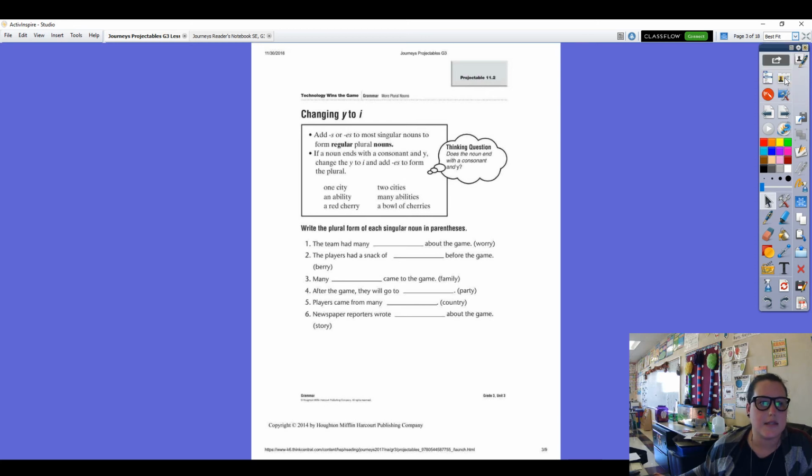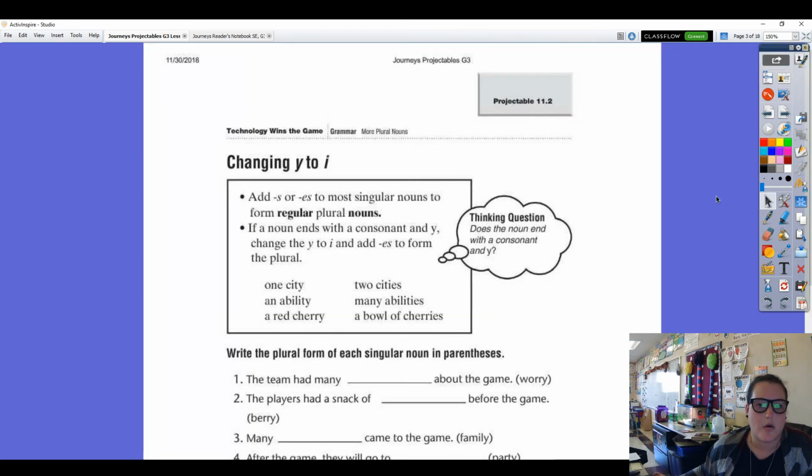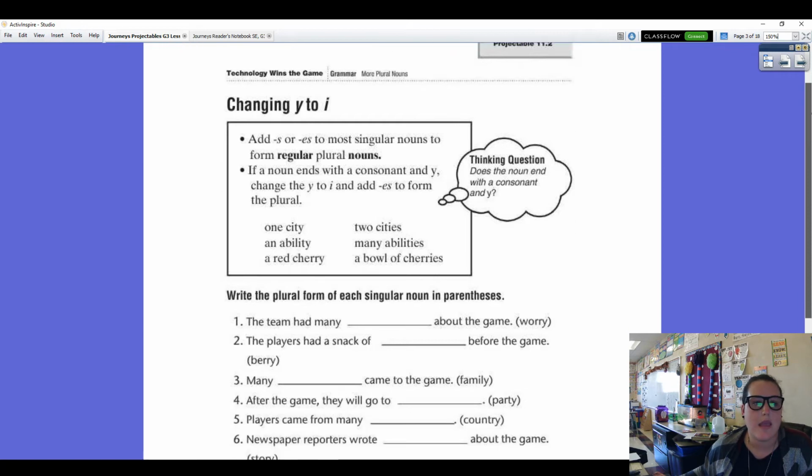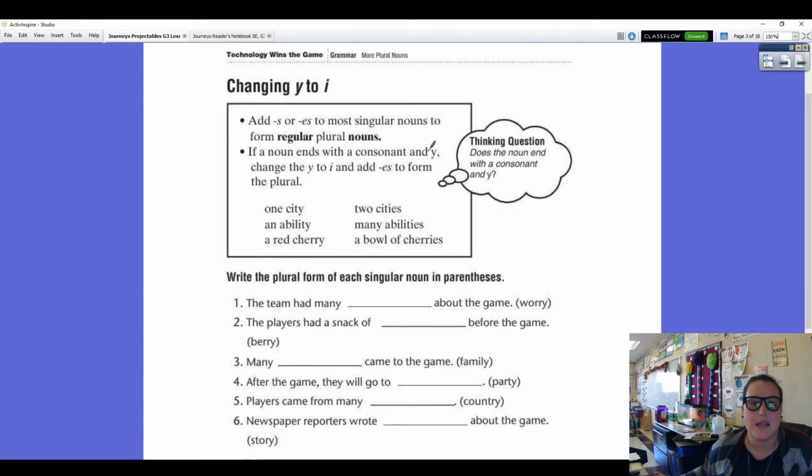All right, today our grammar lesson is focusing on changing Y to I. So you add S or ES to most singular nouns to form regular plural nouns. Remember that plural means more than one, okay? If a noun ends with a consonant and Y, change the Y to an I and add ES to form